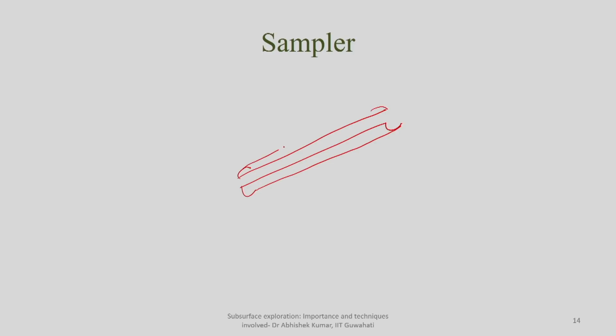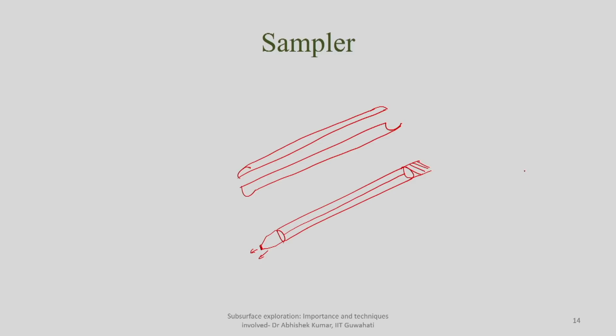Something like this. Once you connect it, it will be like this tube kind of thing. You can see some hairline crack, a split here, which indicates that you can actually split it into two parts. On this side there will be some kind of coupling with threads, and on the other side there will be a driving shoe. This gives you an indication that you can push from this side into the ground.